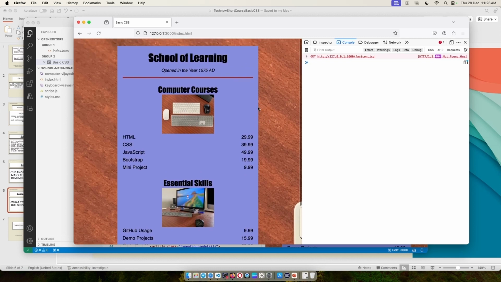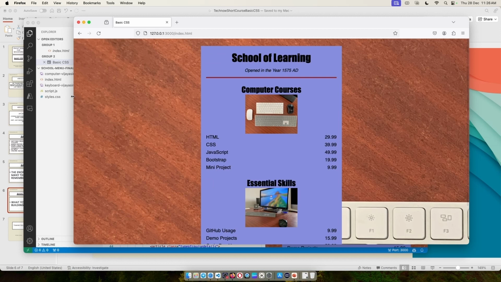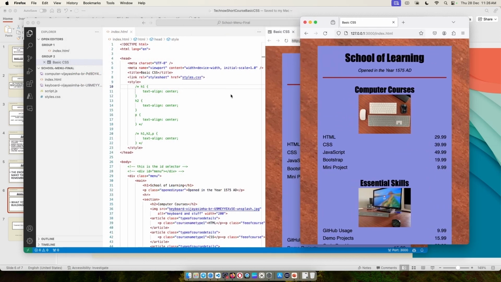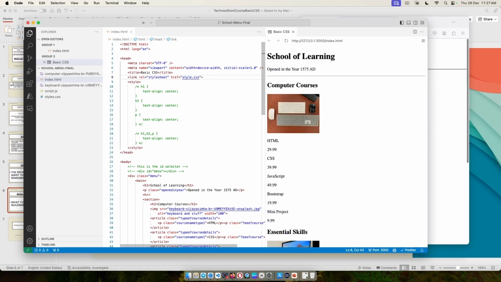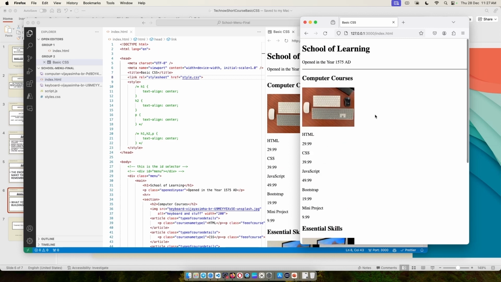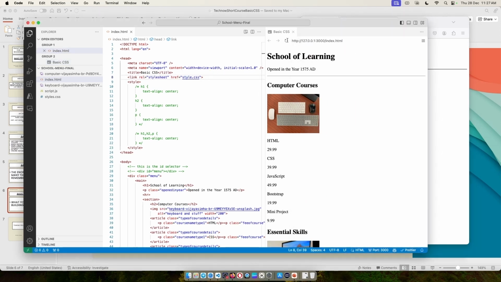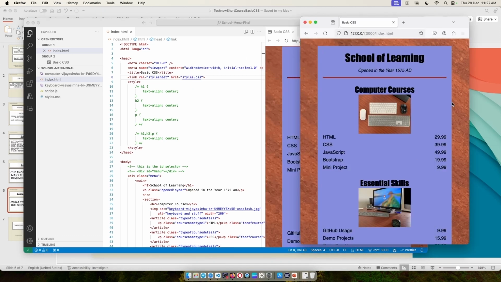One thing I want to highlight is, let me put this here on the right side. I'll come to these things later, but I'm going to remove the style file and see what happens. Look. See? This is what CSS does. This is just HTML. Now let me put the style back. And look at that. I hope this gives you an idea what exactly is the purpose of CSS.